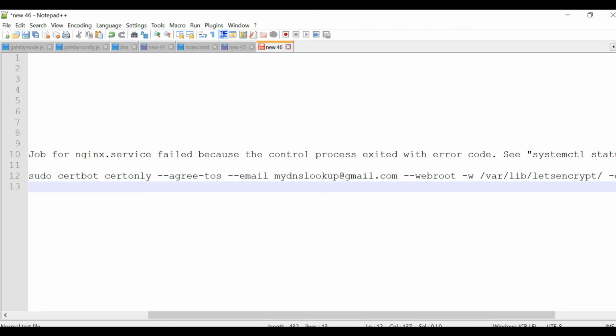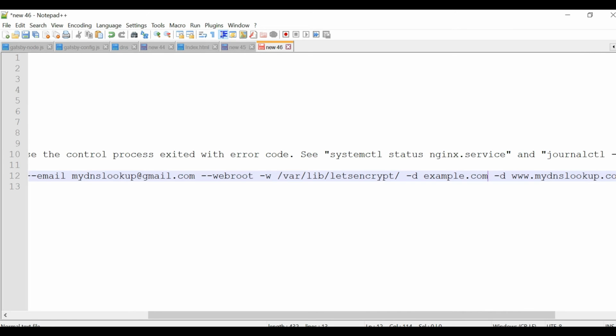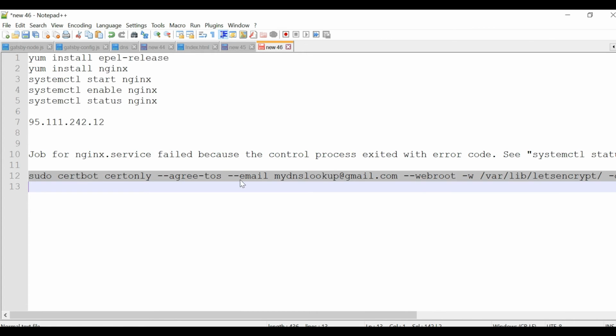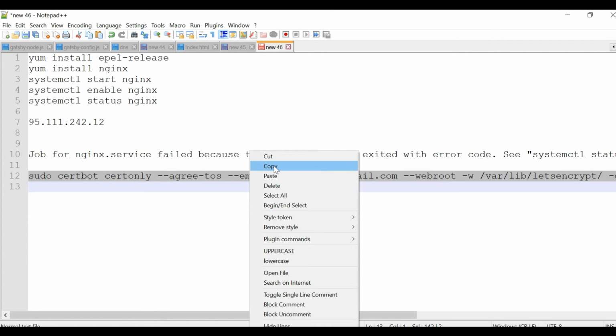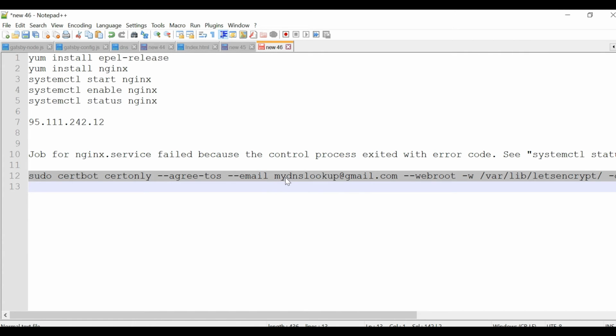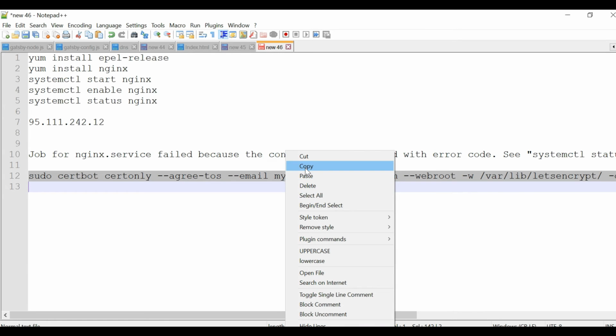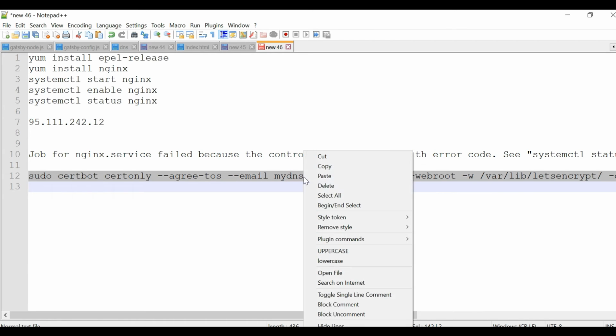I have an example.com somewhere, so I just have to change it to mydnslookup.com. This is not a wildcard certificate, I'm just creating it for that domain. You can also create a wildcard certificate. If you do not know how to do that, mention it in the comments and I will create a video for that also.